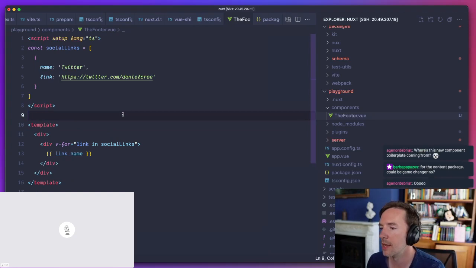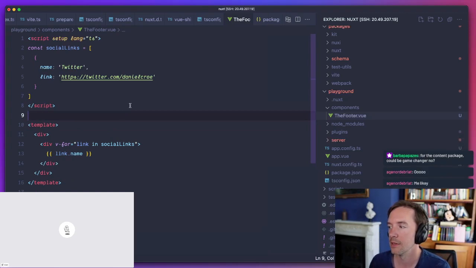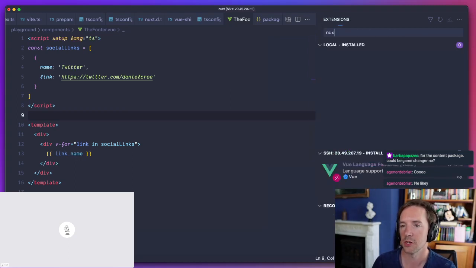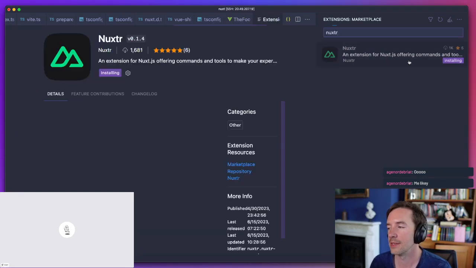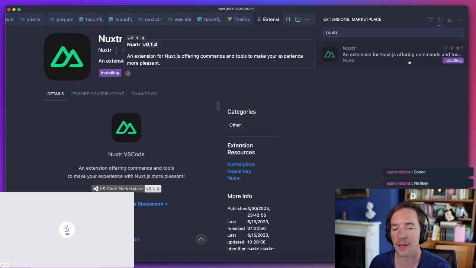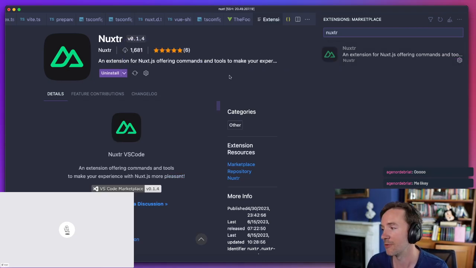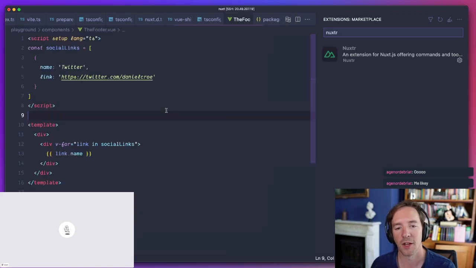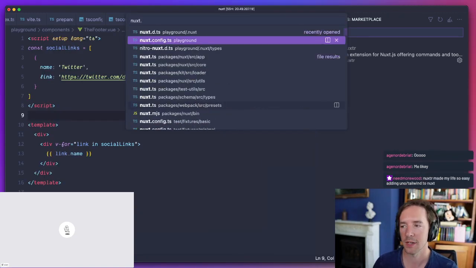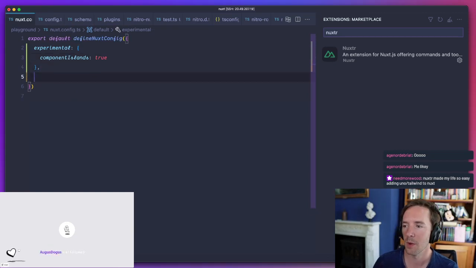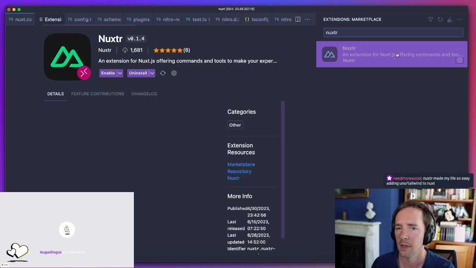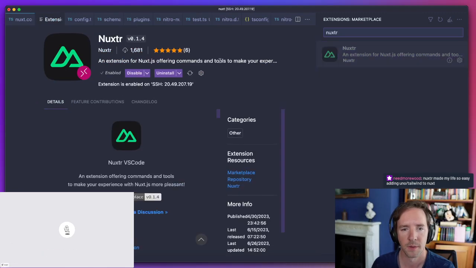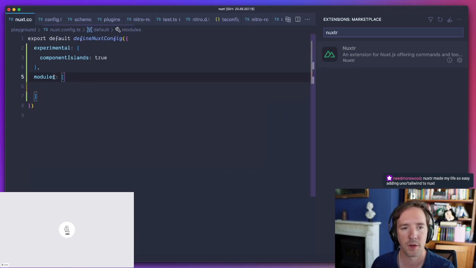But if you are interested, Nuxt has some built in. So check out this extension. We haven't yet added this to the docs as a recommendation because it's not yet open sourced, but it is amazing, and I would recommend it. Try it out. It does a lot of nice things. For example, go into your Nuxt config here, and say you want to... oh, it's not enabled. Enable. I think so. Say you're in your Nuxt config.